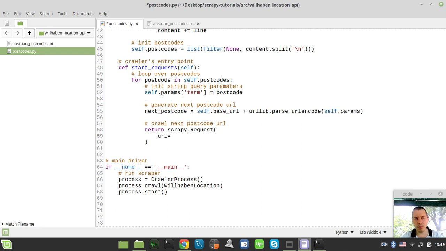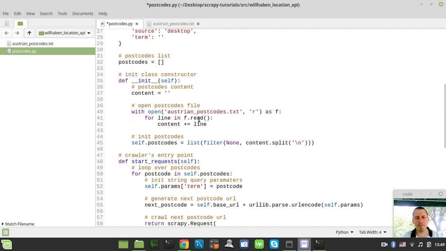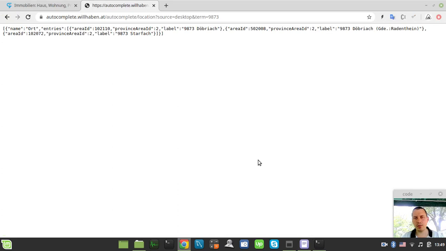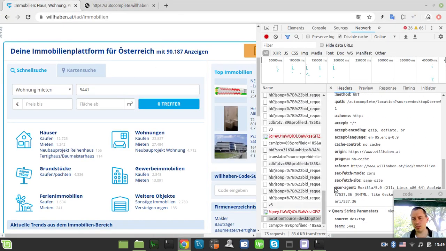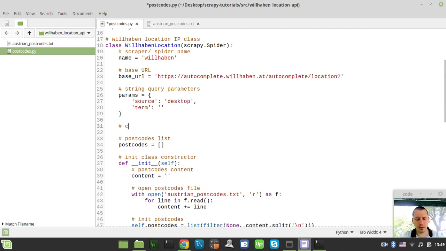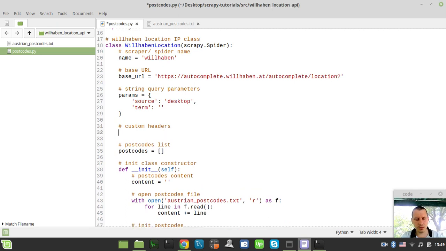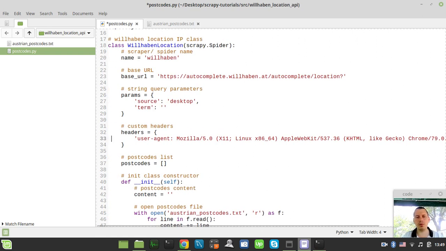So the URL would be equal to the next postcode, and well, we could have also provided the user agent. I guess that would be nice basically. So let's consider the user agent as well. I just copy this one, and here I say custom, let's call this headers. So headers would be equal to the type of Python dictionary, and here I just paste my user agent,